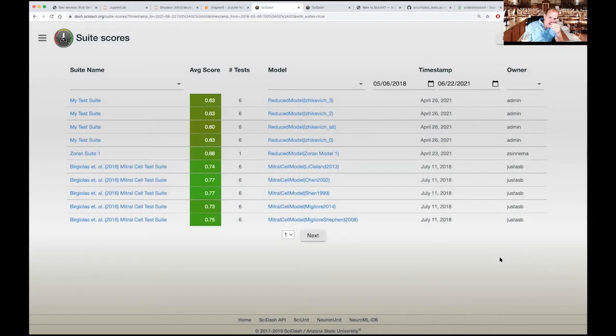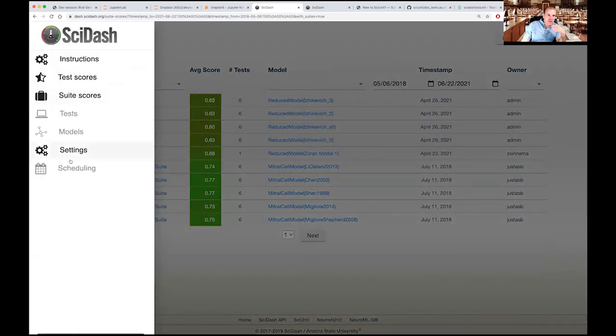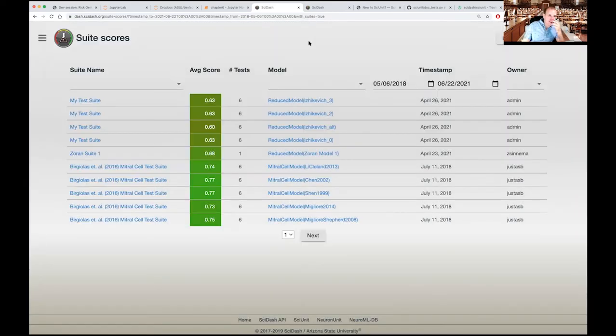But in order to do this, in order to send your information, you could test this on the server. There is an ability when you're a registered member here to schedule tests. I don't like it though, because if you're sophisticated enough to be thinking about benchmarking your models, you're probably not going to go to a website to do it. You might go to a website to have a dashboard, but you're probably not going to go to a website to actually run anything. Or you're running stuff on your computer, on your server, on HPC, wherever you're running it,